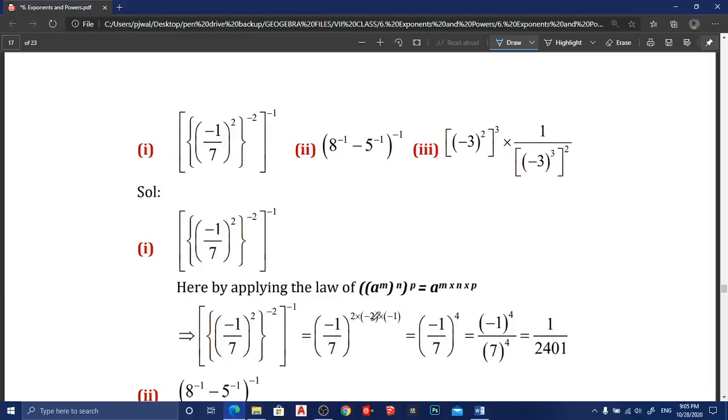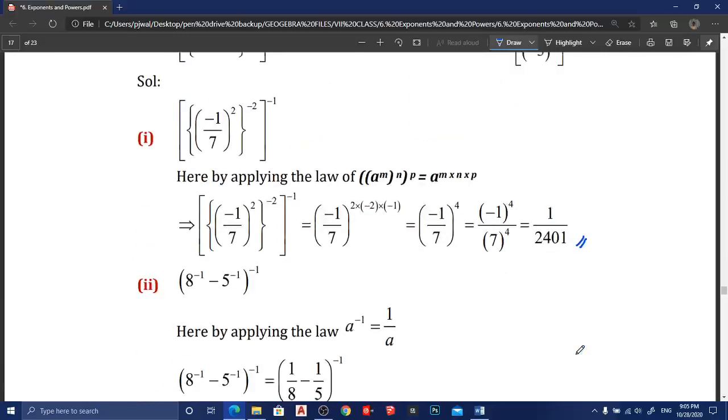2 into minus 1, including signs you have to take, don't forget. So now 2 into minus 1 is minus, and minus into minus is plus. 2 into 4, 1 into 4. So minus 1 by 7 to the power of 4. You can stop here also. If you want to find out the value, you can apply the powers here. Minus 1 to the power of 4 by 7 to the power of 4. Minus 1 to the power of 4 means this is an even power, you will get plus 1. Next, 7 to the power of 4 means 2401. So this is the answer.